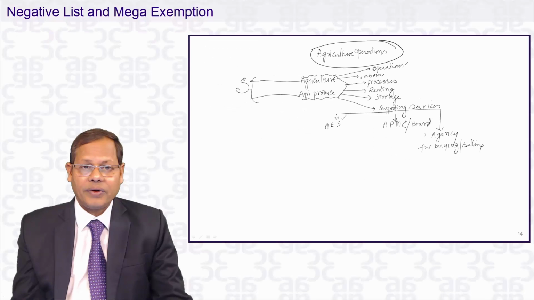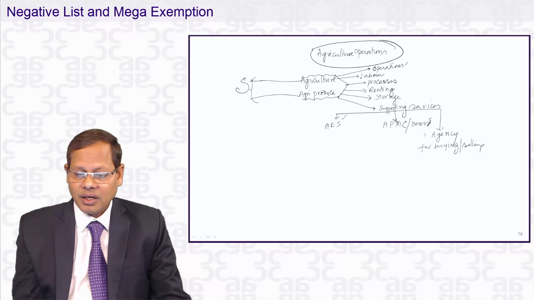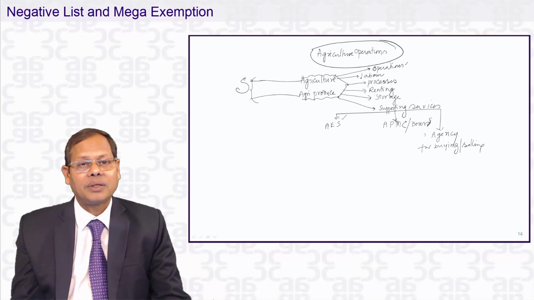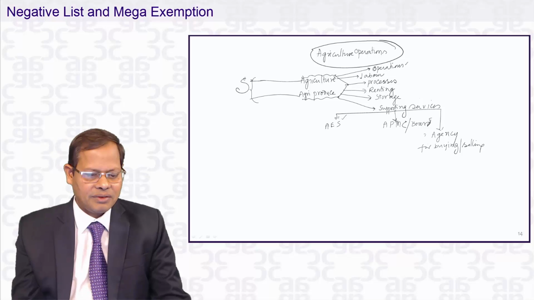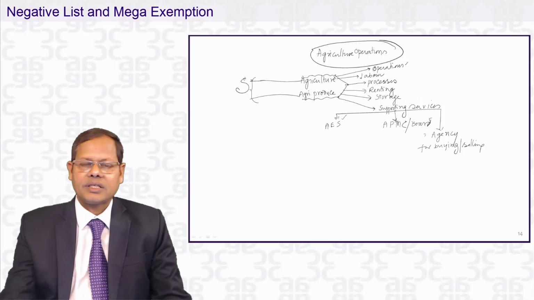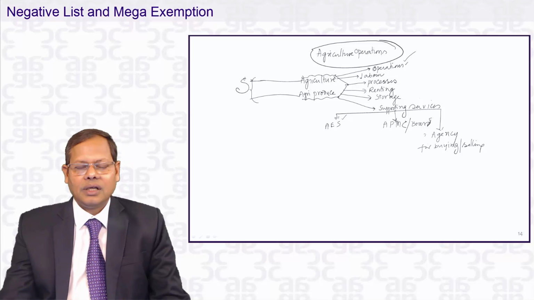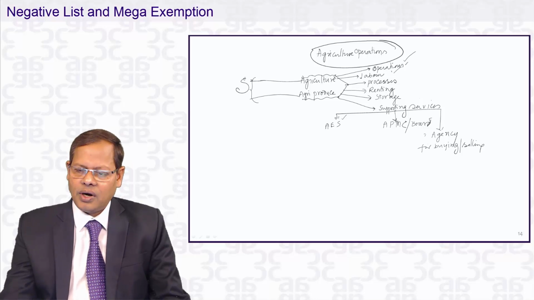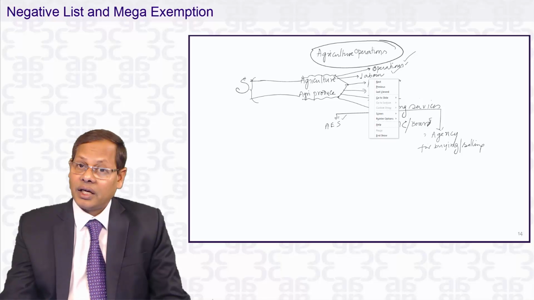But it should be confined to agricultural produce only. So goods meant for primary market, not for secondary market. That you should know. So these are the services, agricultural operations and engagement of labor, farm labor,